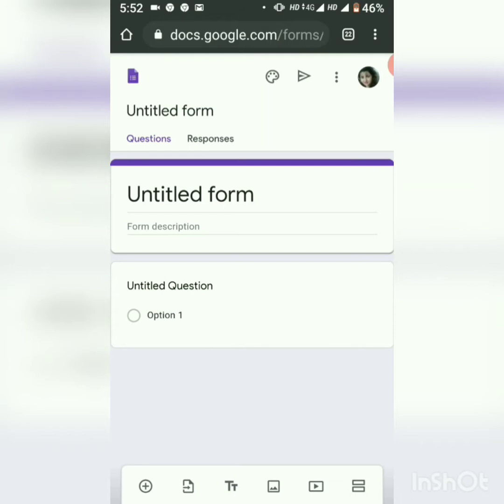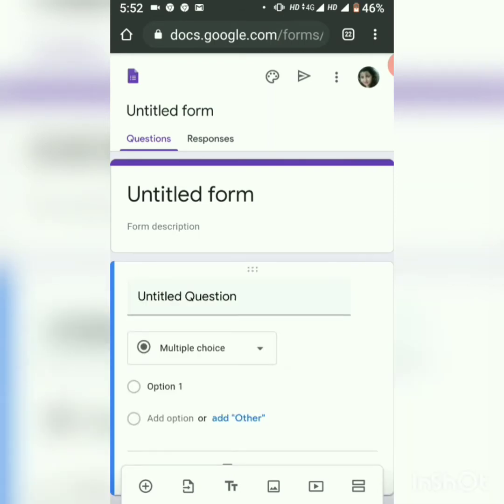You will get such a screen, and since you are already aware of how we can change the untitled form, you can name it like midterm examination, subject science, so you should give such names.